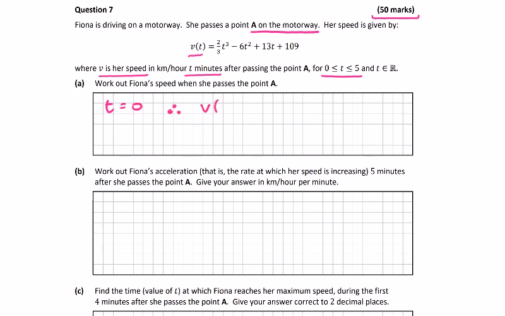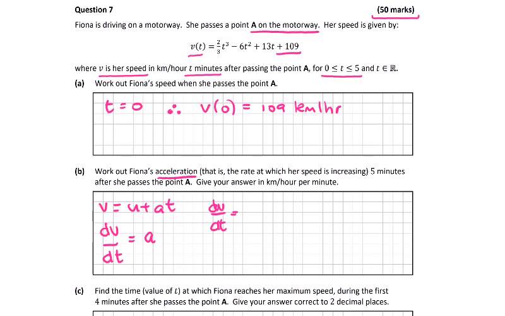Therefore, V of 0 is equal to just the constant 109 kilometers an hour. Work out her acceleration. Well, velocity is equal to u plus at. If you haven't come across these formulas, you probably should have. So velocity differentiated with respect to time is acceleration. So we have v of t, so dv dt